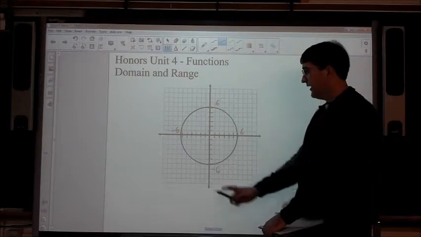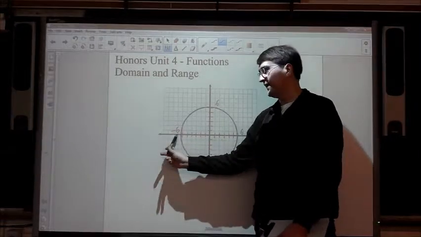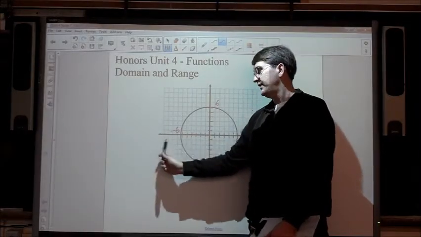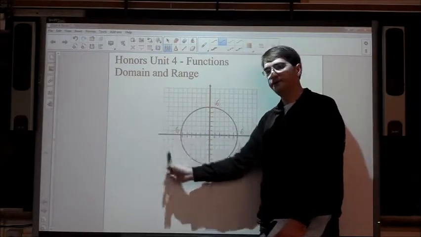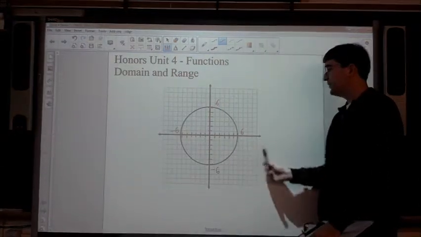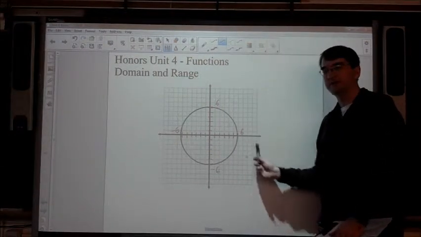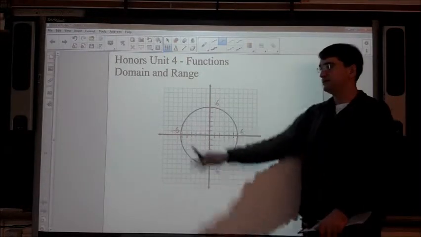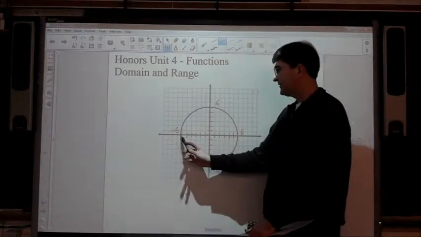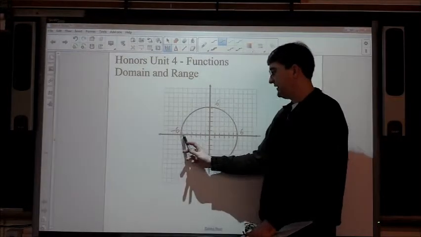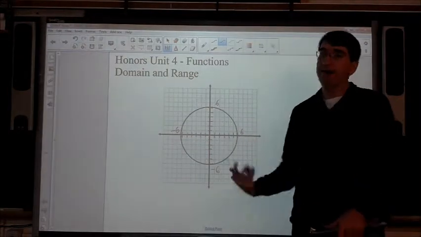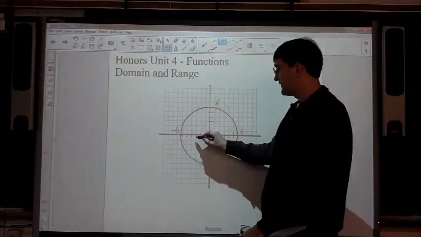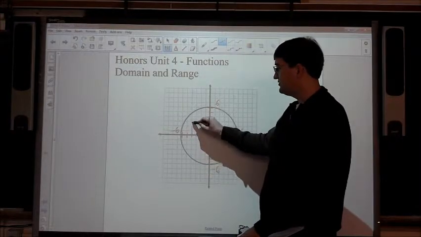Well, I clearly don't have any values to the left of negative 6. There's no part of the graph that's to the left of negative 6. There's no part of the graph that's to the right of positive 6. So I know that my domain is not going to be bigger than 6 and is not going to be less than negative 6. And as far as between negative 6 and 6, I just want to see what value of x has a y. So if I draw a vertical line through this value of x, does it connect with